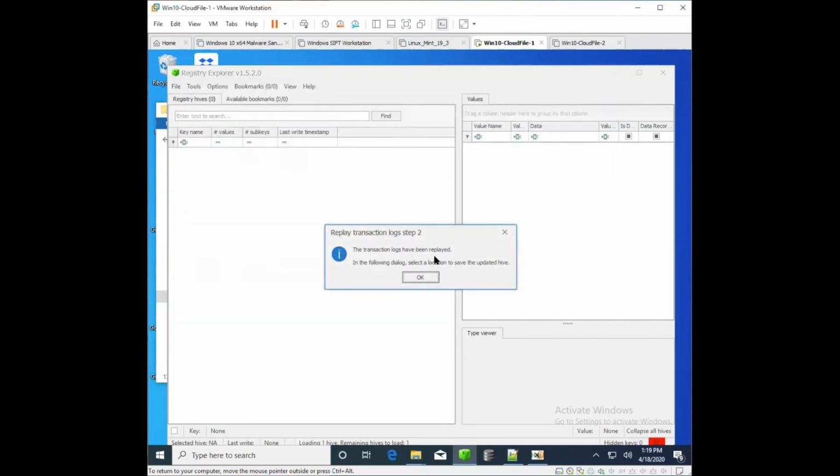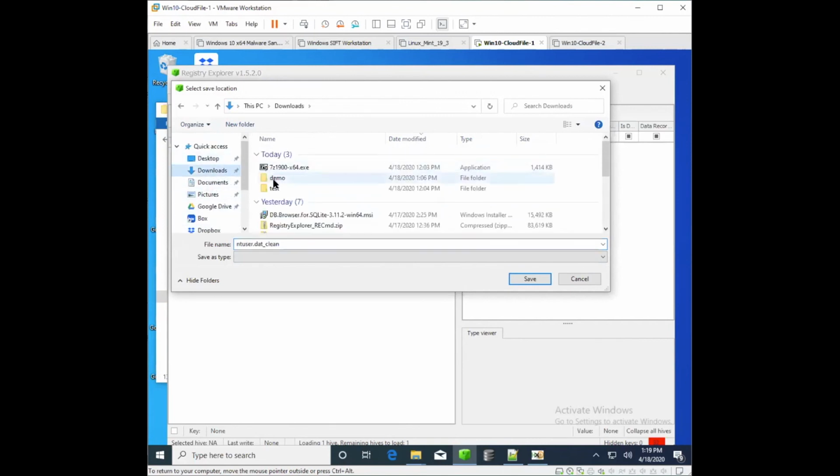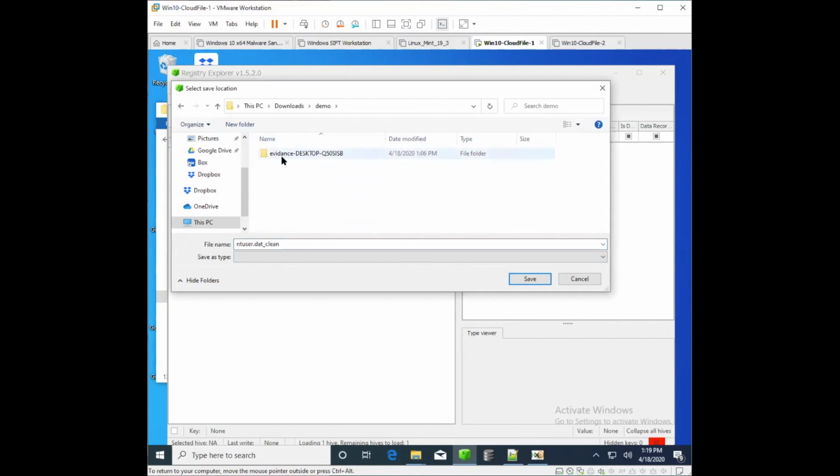Okay, transaction's been replayed to user.dat, press OK. And then it says, well, where do you want to write this clean one to? Doesn't really matter from my testing, so I'm just going to put it inside the root of the demo. I'm not even going to put it in the evidence. I'd probably steer away from putting it inside your evidence folder, because now you're putting other things and introducing it into your evidence. So I'm just going to drop it right next to the evidence folder here,